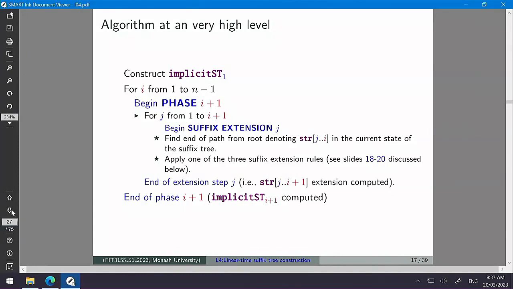Okay, so 1, 2, 3, 4 is the four characters. In phase 1, you are trying to build an implicit suffix tree of the prefix 1 to the phase, so from 1 to the phase. What's the phase number? 1. Which means that it's an implicit suffix tree containing one letter. Actually, I'll draw it here. Phase 1, you have